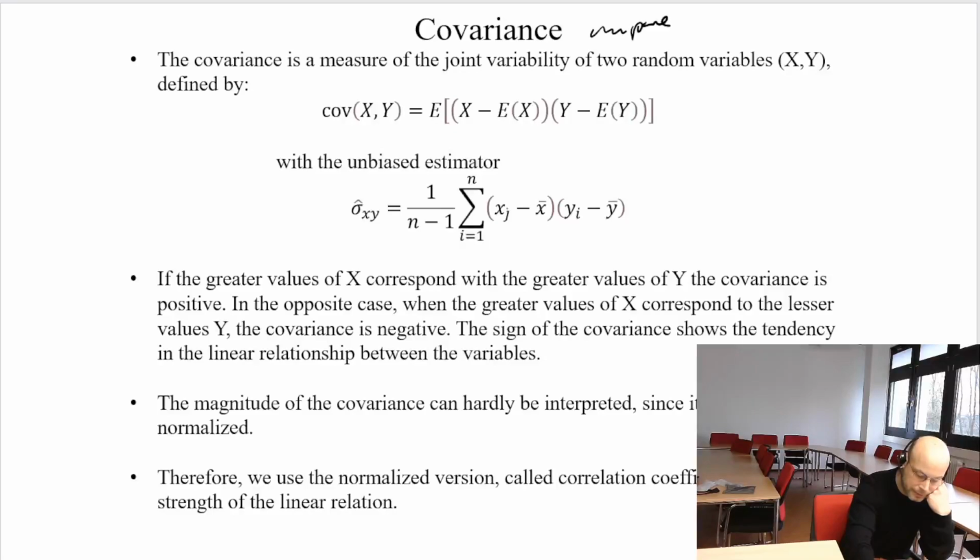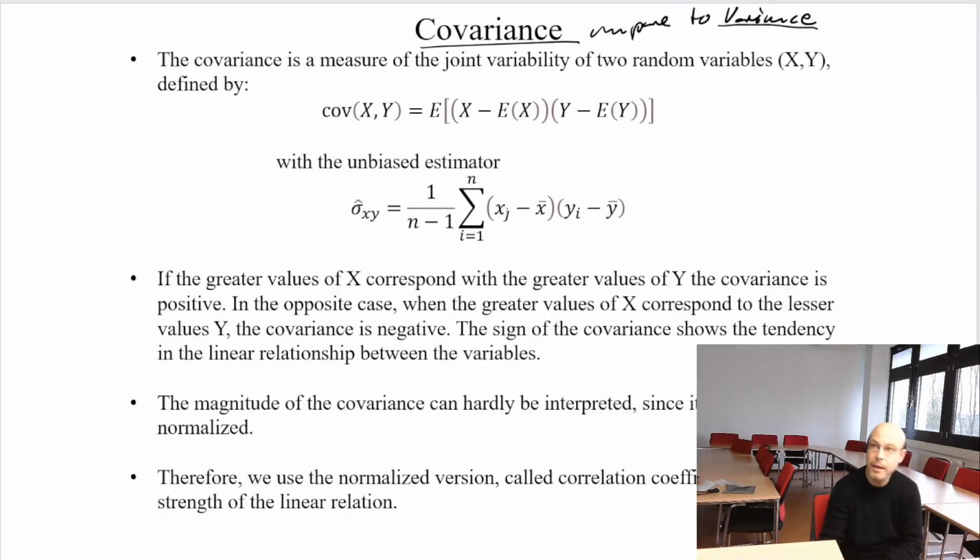Compare to variance, and this variance was just the sum of squared distances to our expected value. And if we now have two dimensions with x and y, then we use this concept of variance and call it now covariance, and we just insert for one x the other variable y,